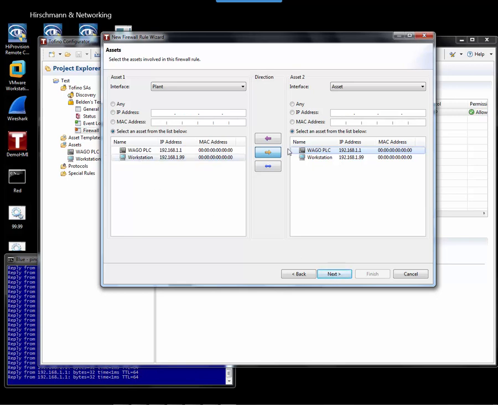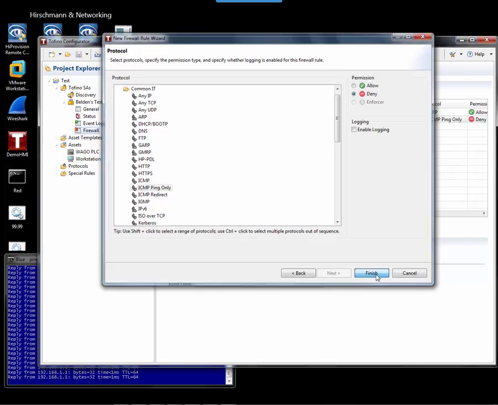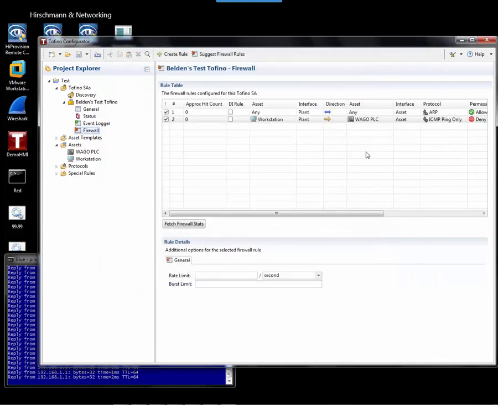So we're going to initiate from the workstation to the Wago. Hence, because it's initiating from the workstation, it's going to the Wago, and it's going to utilize a common IT protocol for ICMP ping, and I'm going to deny that ping. And the next rule that I'm going to create is a rule for monitoring, or allowing me to monitor